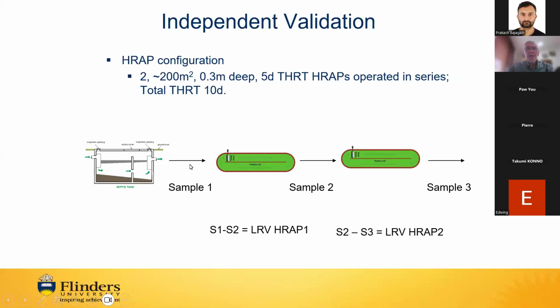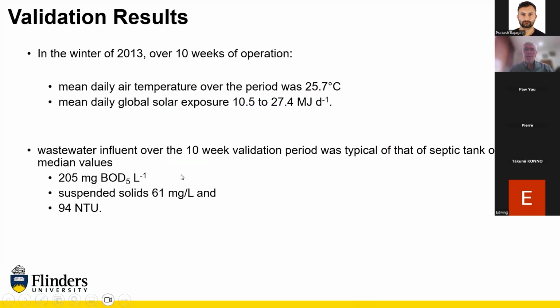So that was the setup: septic tank, wastewater into 2 high rate ponds. Combined retention time was 10 days. Measured the LRV, and that was the sort of temperature. The mean daily air temperature was 25. It was quite a warm winter at that time. Solar exposure was pretty typical for that period of time. And the inlet values from the septic tank were quite high: 250 milligrams, 61 milligrams of suspended solids, and a